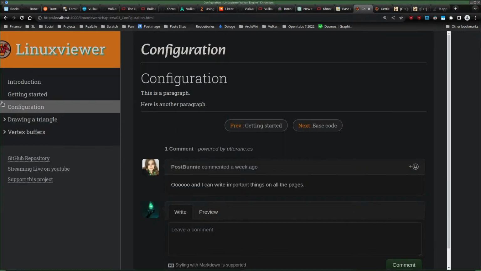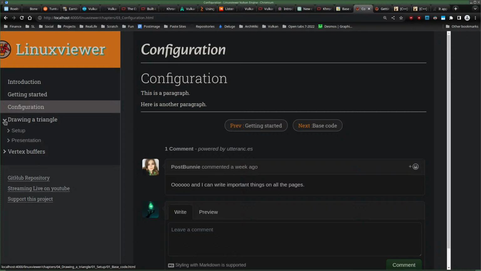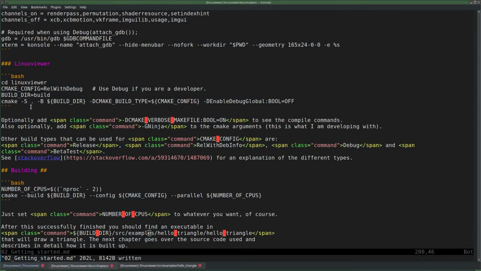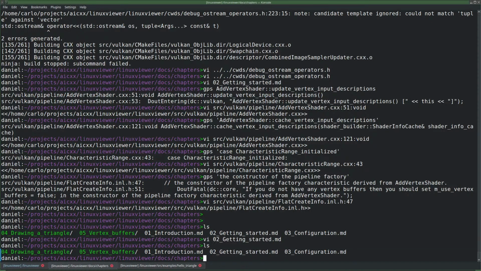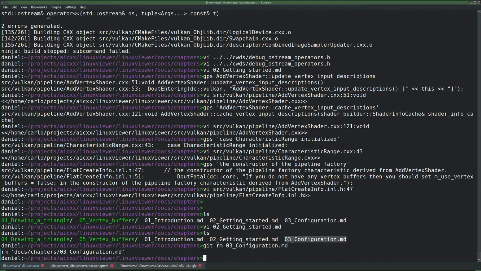So configuration must become drawing a triangle. I already have that. I can just delete configuration then. My configuration is already put somewhere else. So let's delete that.